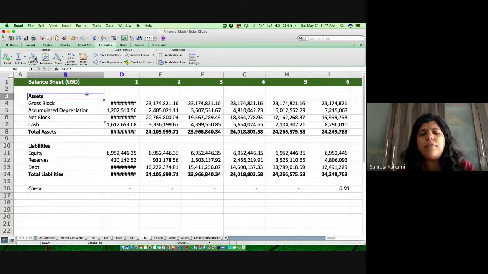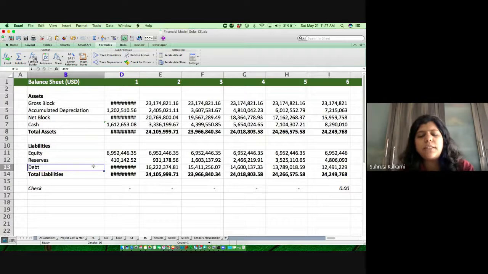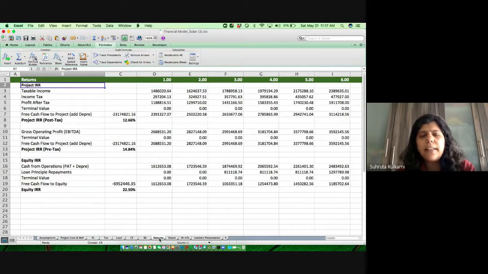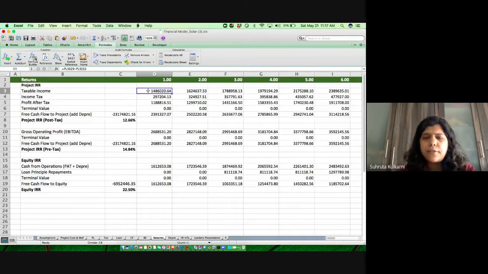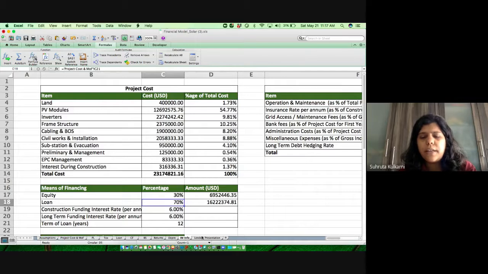Balance sheet: again we need to balance what assets we have and what liabilities we have, all coming in from the projections that we have built. Then returns. As I said, from the cash flows we go on to build the free cash flow to the firm and the free cash flow to the equity. I will share the formula for that, and you can use it to understand how it comes into the model, and then you calculate the returns based upon the rate you're looking at. And then, as I said, you create your IM info and lenders presentation sheet.